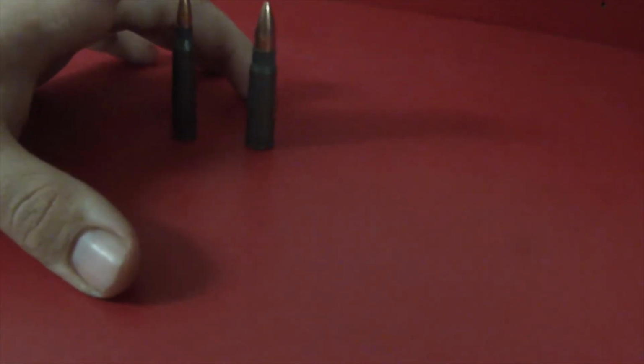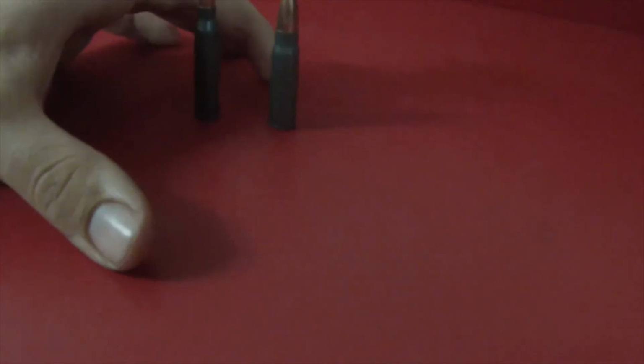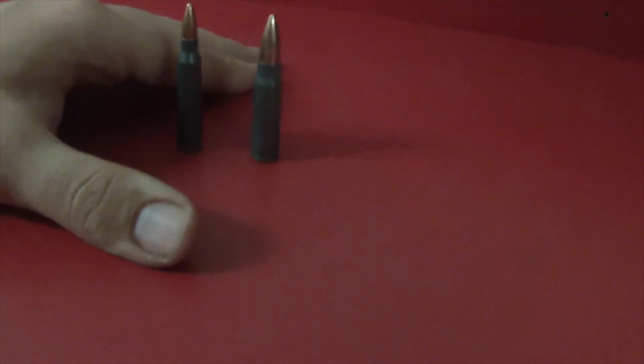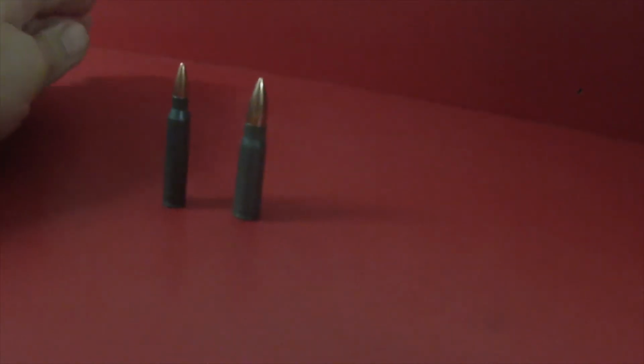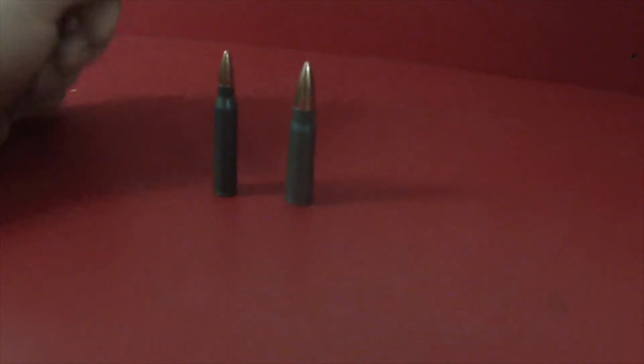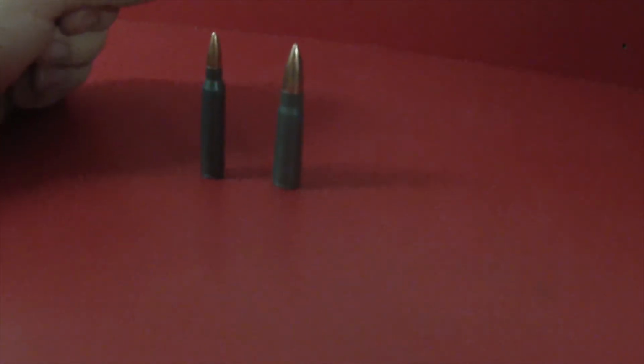7.62 by 54 rimmed cartridge was its predecessor. It was originally used in the Mosin Nagant, but then during World War II, the Soviets developed the SVT, which also used the 7.62 by 54 rimmed cartridge. However, at this time, it was really being decided that rimmed cartridges were obsolete. They just did not function well in a self-loading rifle. Because they did not function well, these rifles oftentimes jammed, they had reliability issues, they were causing a lot